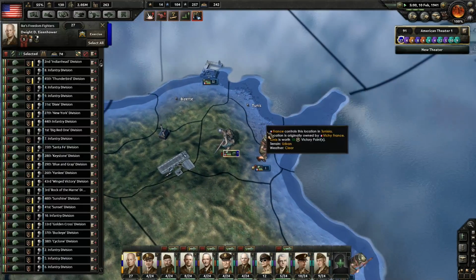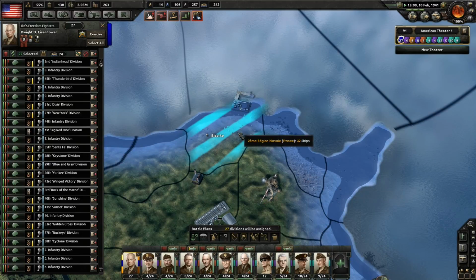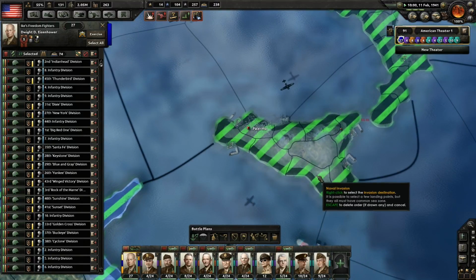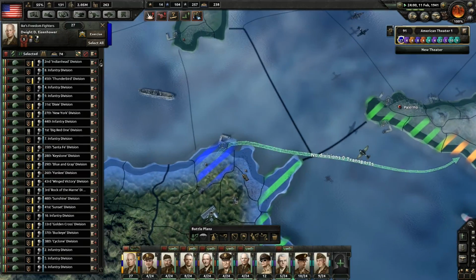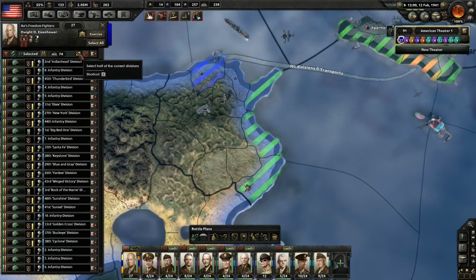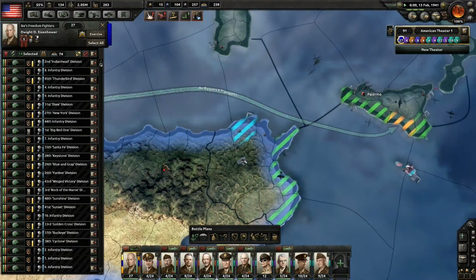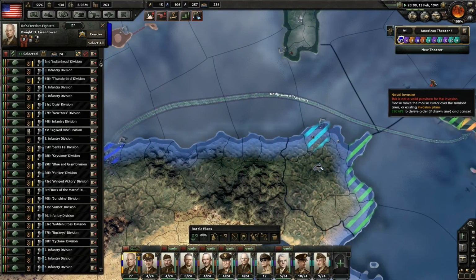So in the Pacific, I would like to do a naval invasion from here on to here. And I'm gonna have to split this army up because that's too many units for that one port. Okay, the other half can... Oh, no, now I messed this up. Okay. Oh, yes, you guys also...